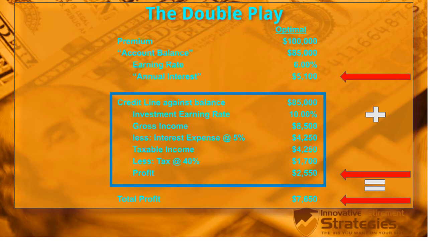All right, so if we invested $85,000 at 10%, this is again, you're making a private money loan to an investor for $85,000 at 10%. At the end of the year, you've got interest income of $8,500. Now you borrowed the money from a bank, so you got to pay back the interest on that. That's $4,250. And then that leaves taxable income of $4,250. In the 40% tax bracket, that's a $1,700 check we're writing to the IRS, and that leaves us with